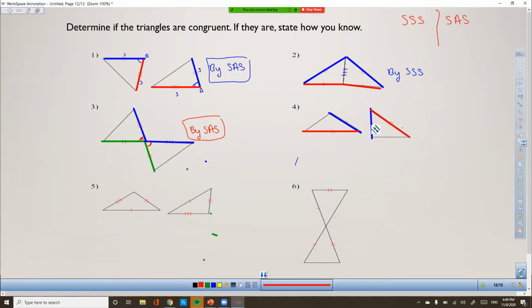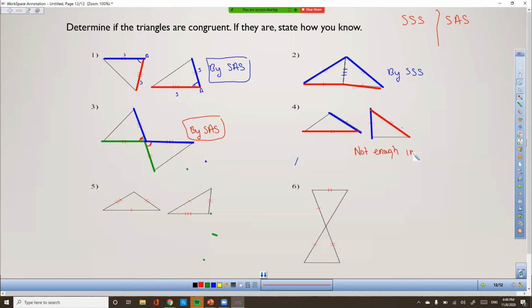Now, do they give me any other information here? There's no way that I can assume that those two angles are congruent. There's no way that I can know anything from the rest of the angles or the other two sides. So since I only know two sides here, that means that we do not have enough information to know if these two triangles are congruent. So for this one, it will be not